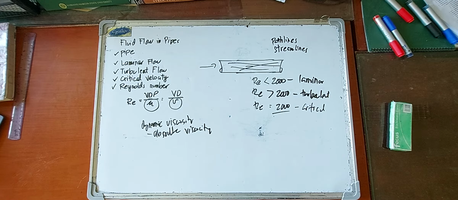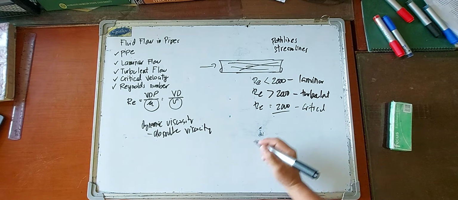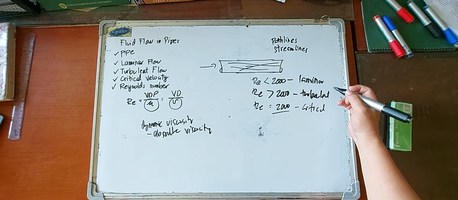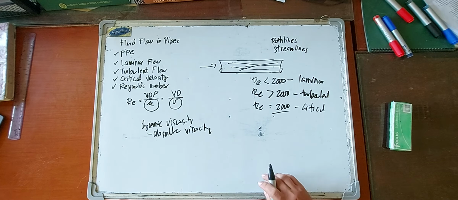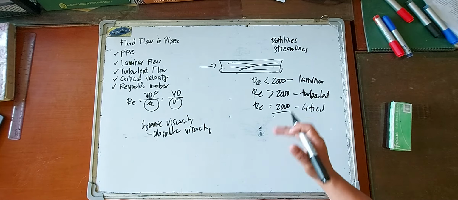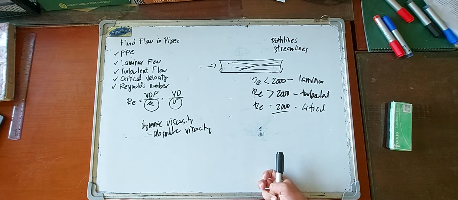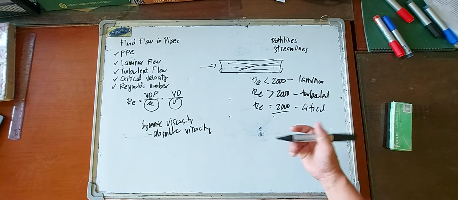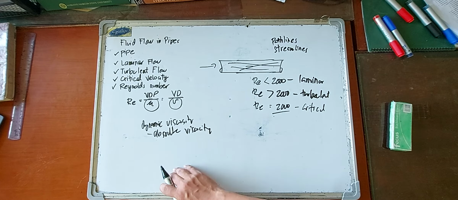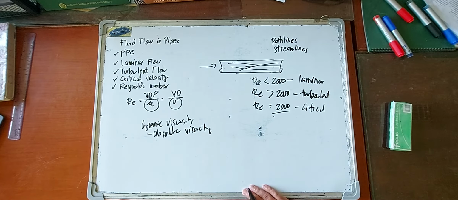So if we're done computing for the Reynolds number, we can easily identify whether the flow is laminar or turbulent, and we will know which formula to be used in the computation of the energy losses. Okay. Yan, so yan yung importance ng mga concepts na ito. Okay, next